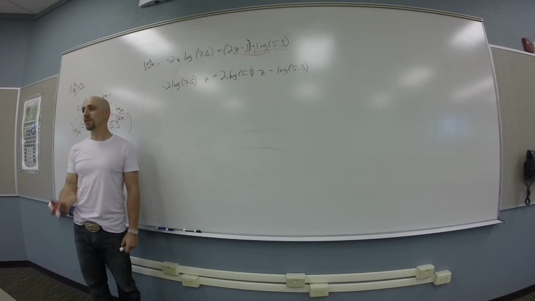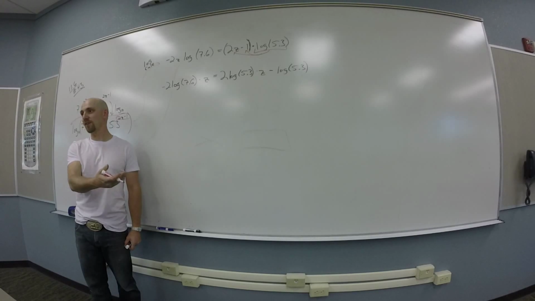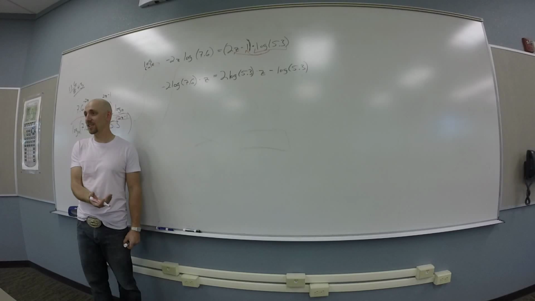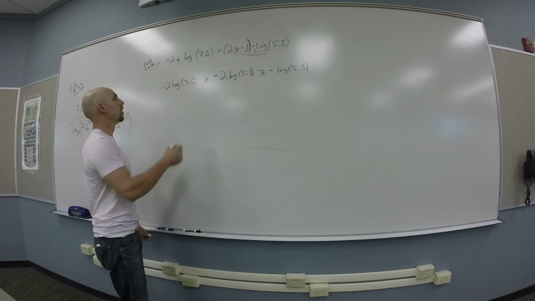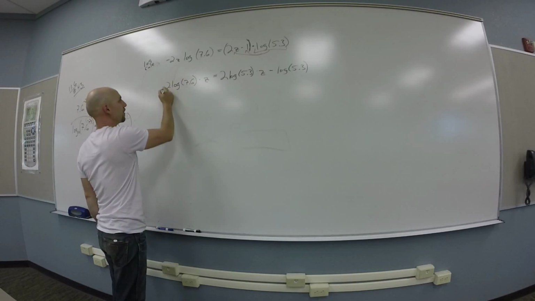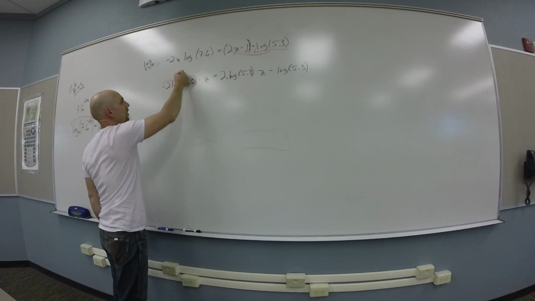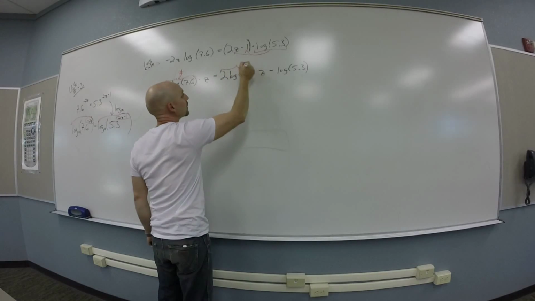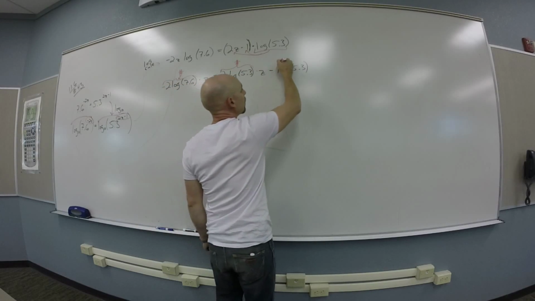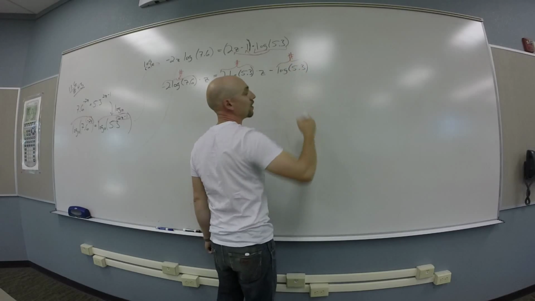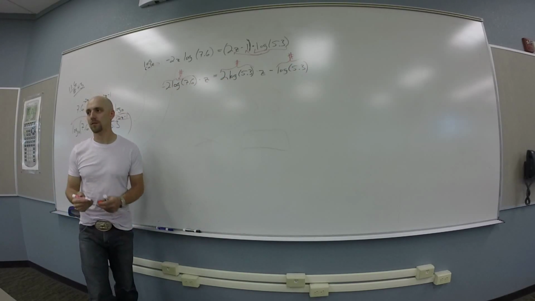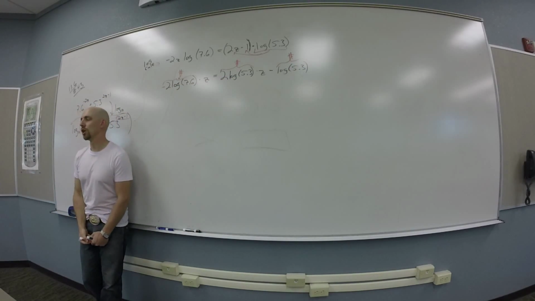Right, if it was a 7, you'd have 14z minus 7, right? So just because it's an uglier number doesn't mean it acts any differently. It's still just a number. You can treat it just like a number. So I personally would be thinking here, all this jazz is just a number, all this jazz is just a number, and this thing is just a number. Right? So what do